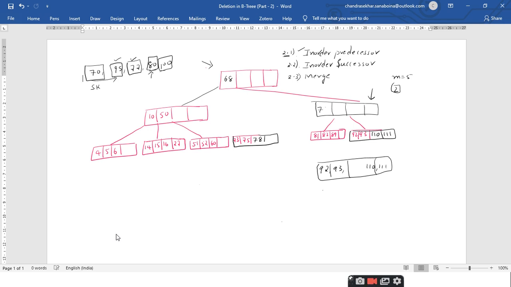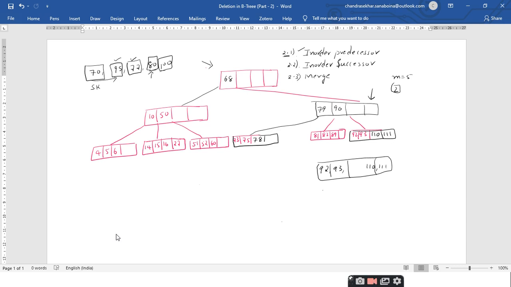So 79 is here, and here we have 90, right? So we have to move all the elements of the right child of 68 as the right child of 68 only. But here I have already the node which is present as the right child. So you have to place this element as the left child of 79. Is it clear? Yes, sir.